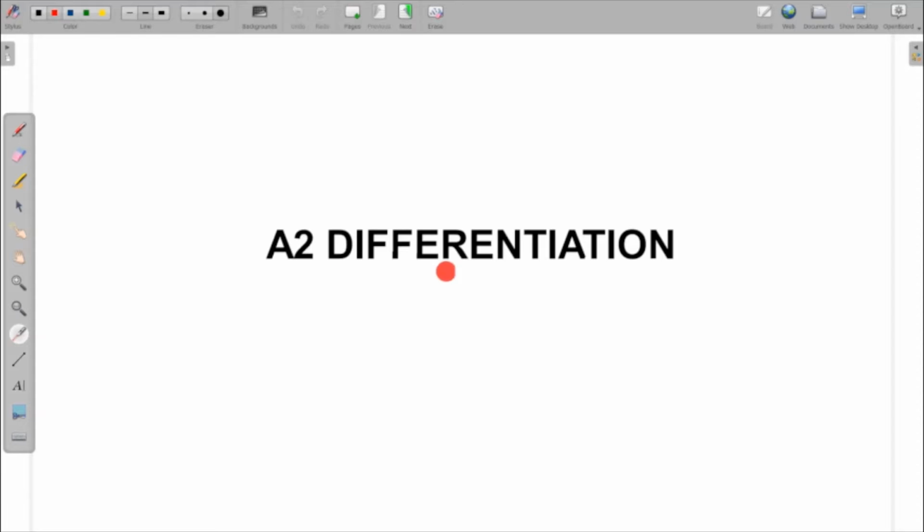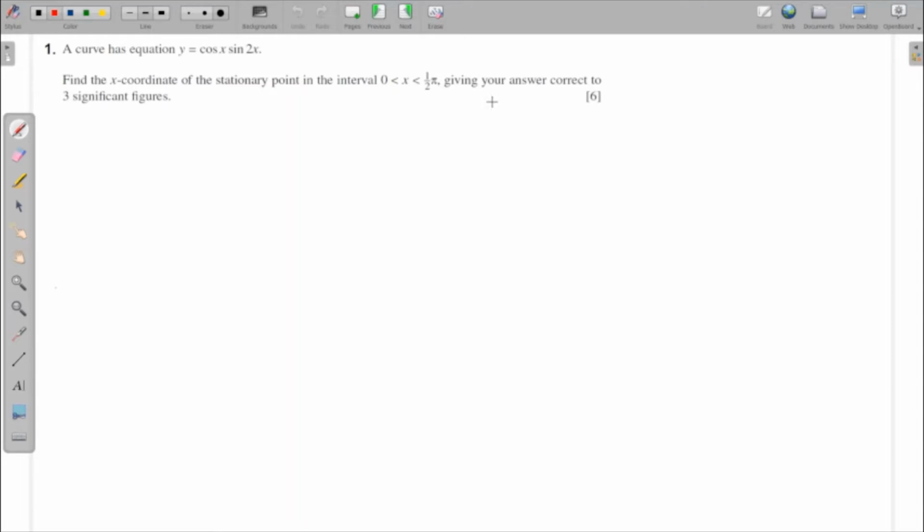So today we are going to be discussing this topic, and that is differentiation. And here we are going to solve some questions from the A2 syllabus. So let's begin. So in the first question, we have been given the equation of a curve, and we have